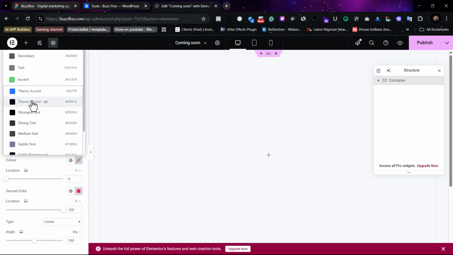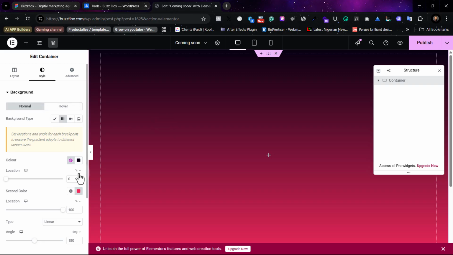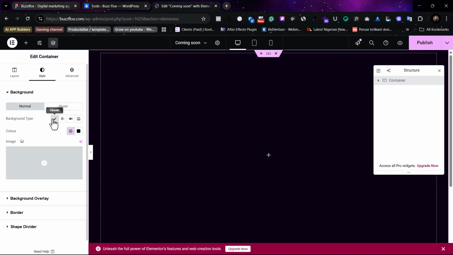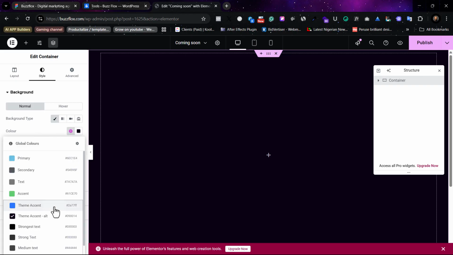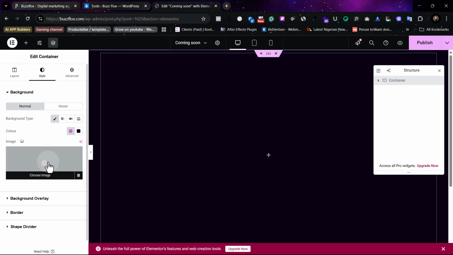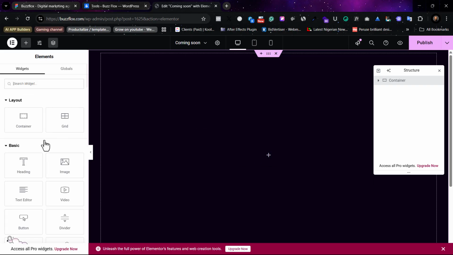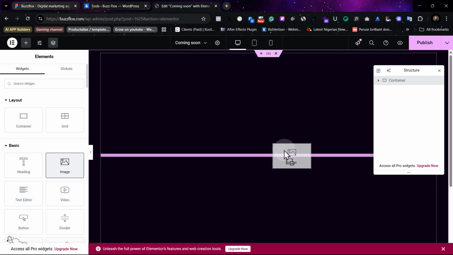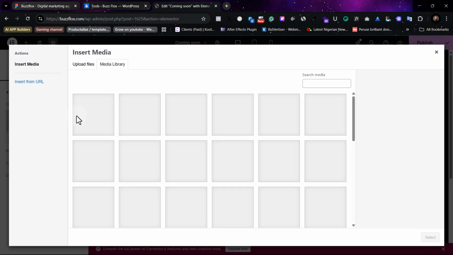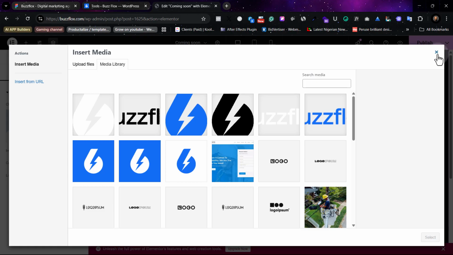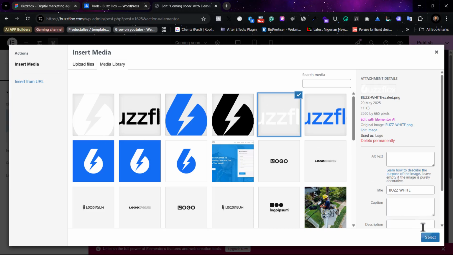So we're going to select this because this is what we want. Is this a gradient? No, we selected classic color. So this is what we are going to select. Then when we select it, we're going to leave it like this. So the next thing is that we're going to bring in an image, because we need an image. So we're going to just drag and drop an image. We're going to cancel it. You can enter, you can delete it, or just tap here. It's going to enter. Then the next thing we are going to do is we're going to select this logo,